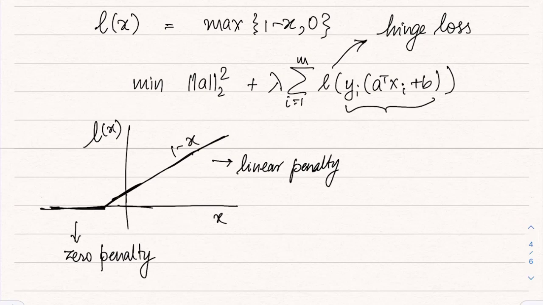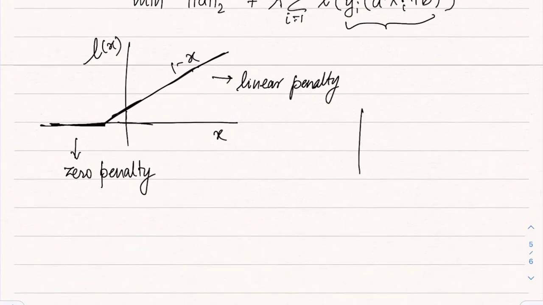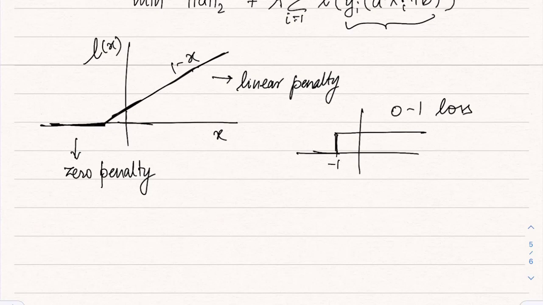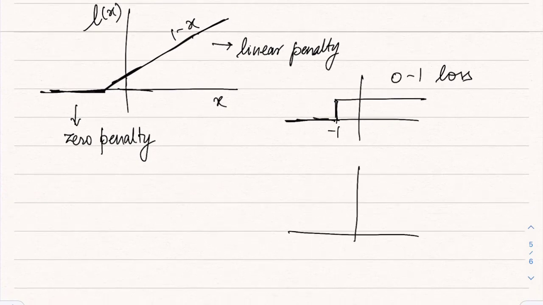This basically suggests that you can use all sorts of penalties here, and that would give you a generalization of SVM. For example, you could also use the 0-1 penalty. So this is called the 0-1 loss. Basically it becomes 1 after this point and before that it is 0. Another possibility is a loss function which looks something like this. So this is actually the logistic loss. So this is the way in which SVM, the 0-1 penalty and the logistic loss, all these problems are related to each other.